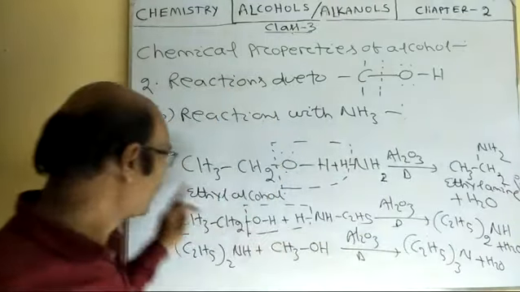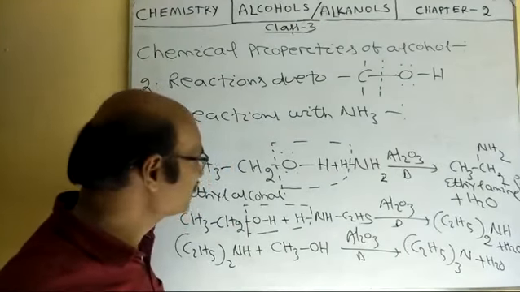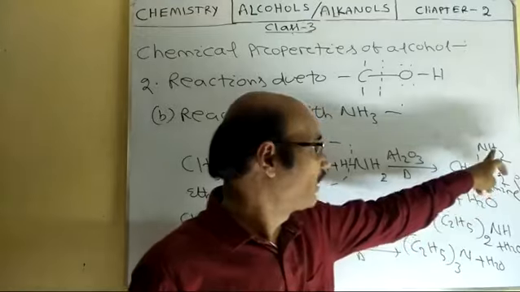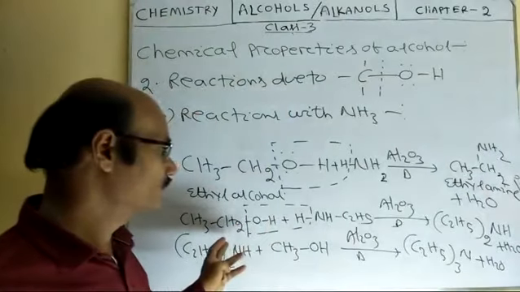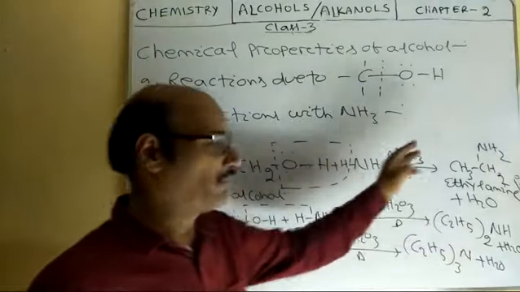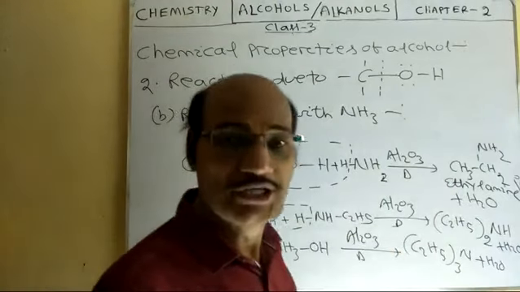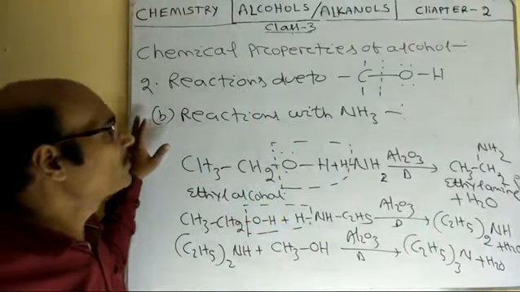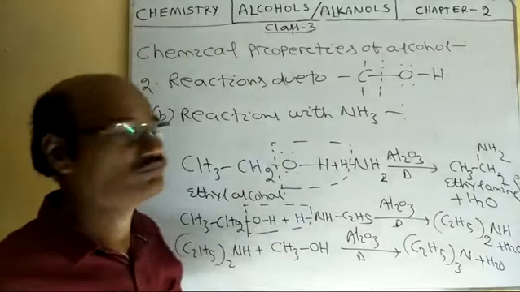Okay. So when alcohols react with ammonia over Al2O3, alkylamines are formed, and these amines on further reaction with the alcohol give substituted amines. So we can get primary amine, secondary amine, and also tertiary amine from the alcohol. So these are the examples of how the C-O bond breaking is involved in alcohols.